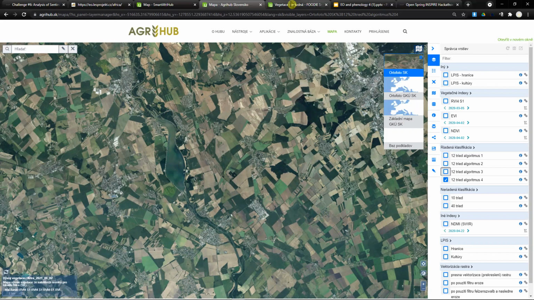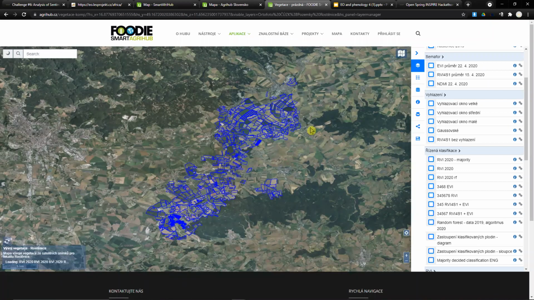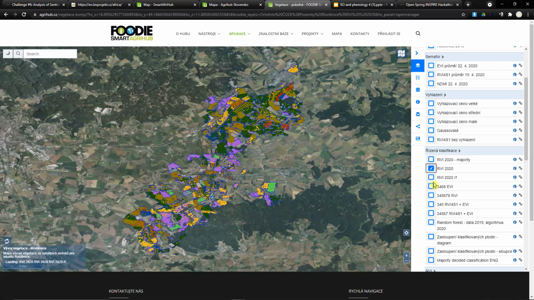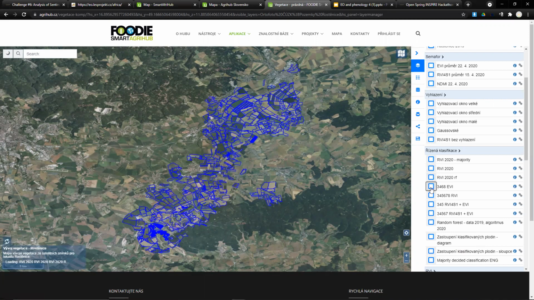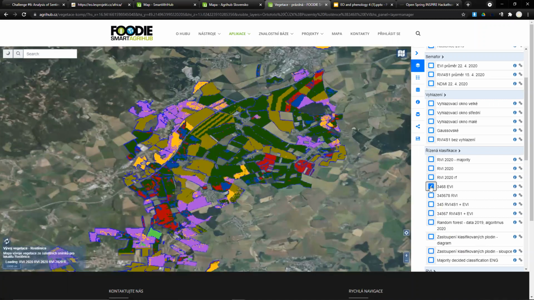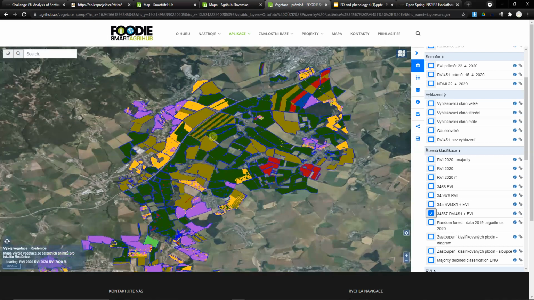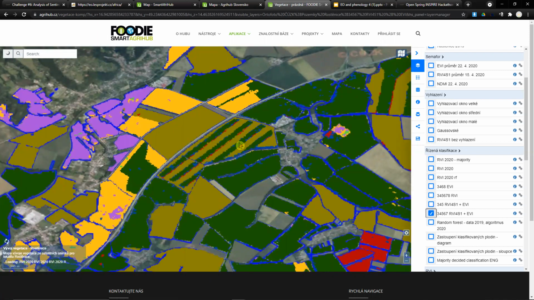with the classification. The most detailed classification was done at Rostinice farm in the Czech Republic, because we have a lot of data from the farm. We've done also unsupervised and supervised classification. These layers are supervised classification. These layers, which have RVI in the name, are from Sentinel-1. When the layer has the name EVI, it means it is from Sentinel-2. But the best result is given by the layer that combines Sentinel-1 and Sentinel-2 satellite data. You can quite well distinguish also the strips on the field, and